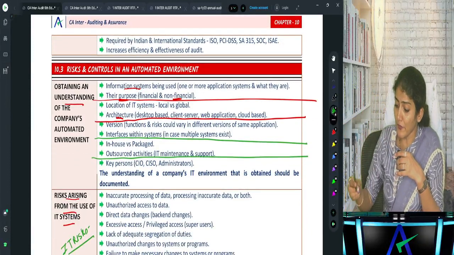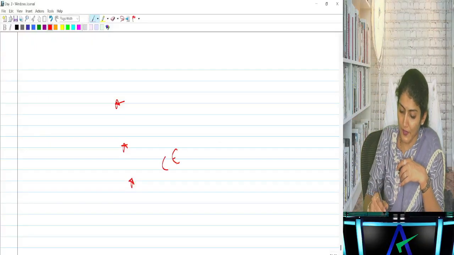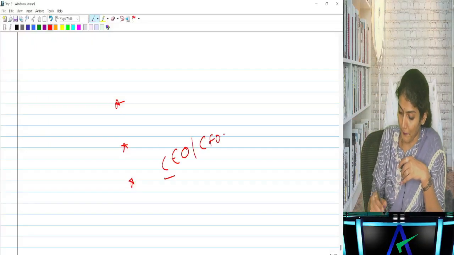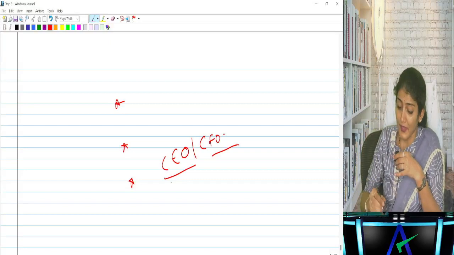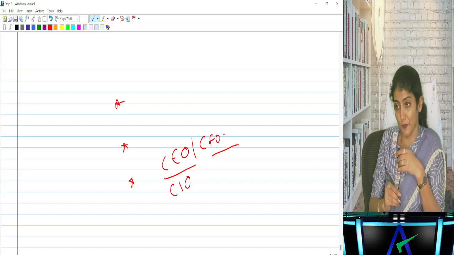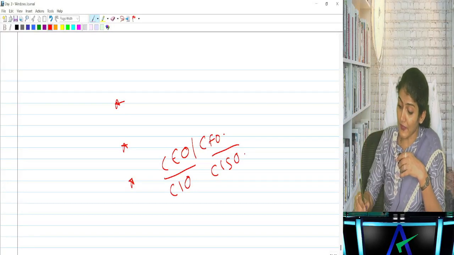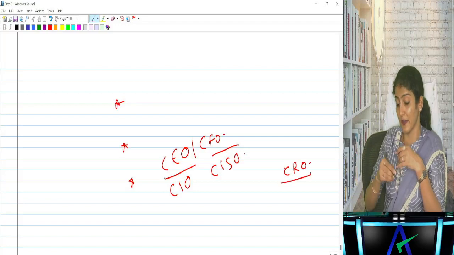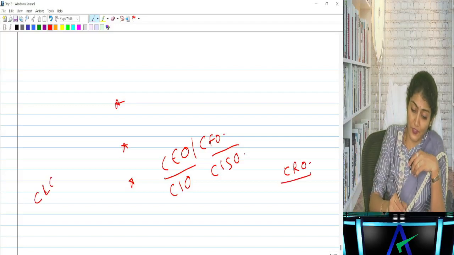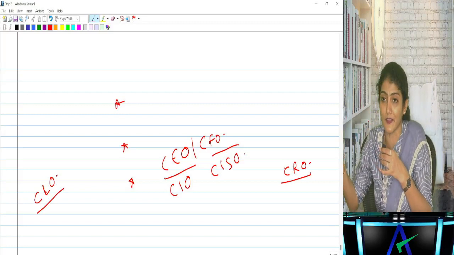Now, some 20-30 years back, generally in a company there used to be only the CEO and the CFO. But nowadays, since the time the computers came, in the company you have a chief information officer, you have a chief information security officer. Nowadays, listed companies also need to have a chief risk officer. Then in companies nowadays, you also see a chief legal officer. So you see so many types of CXOs nowadays in the company.